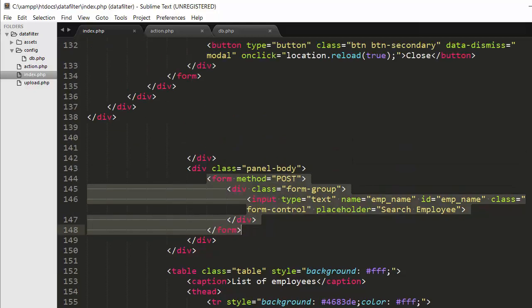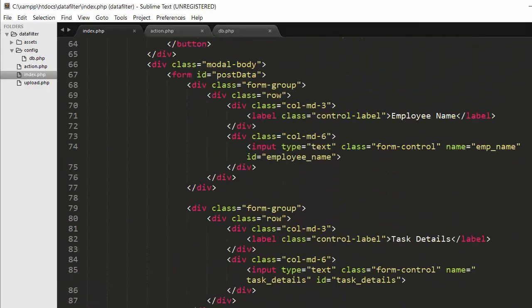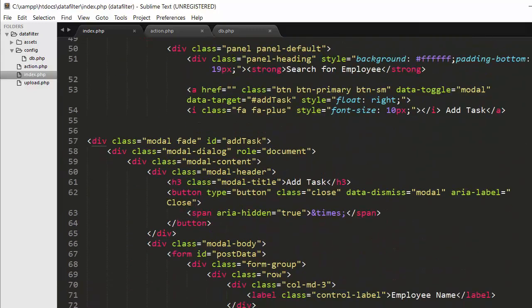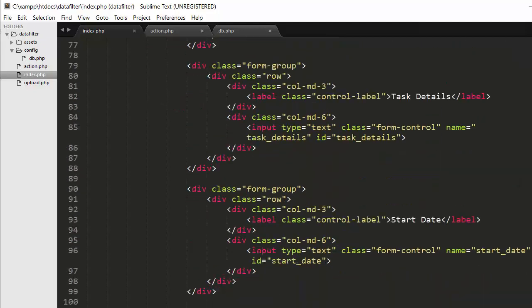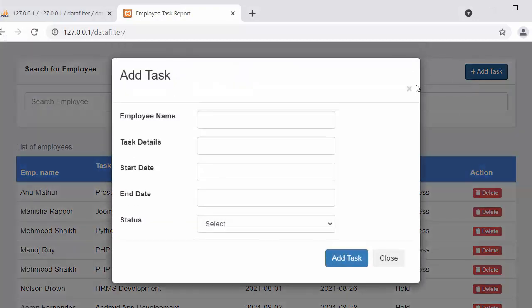The moment we completed our add task due, as you can see here it gets started here, and that add task modal gets closed here, which is this one.